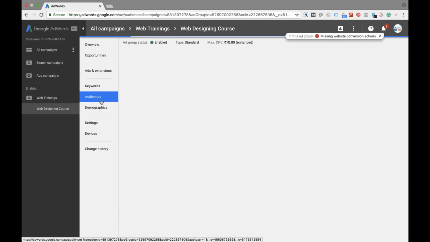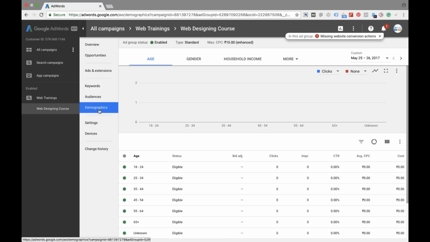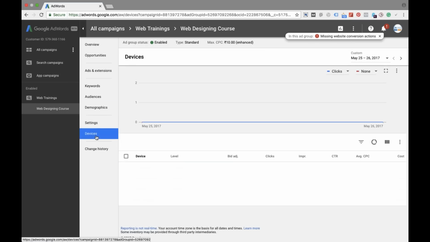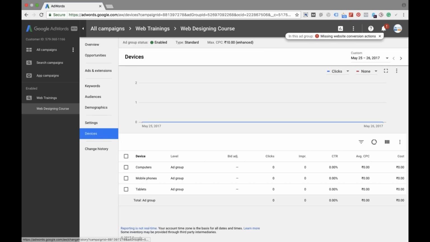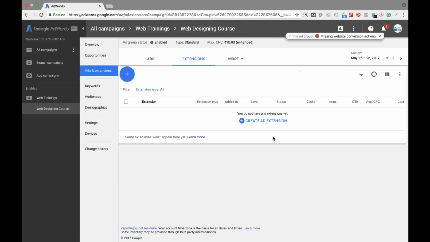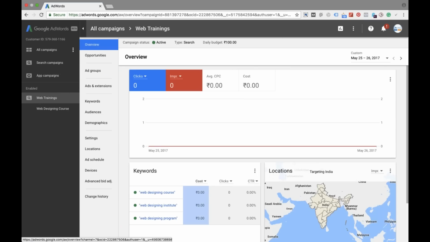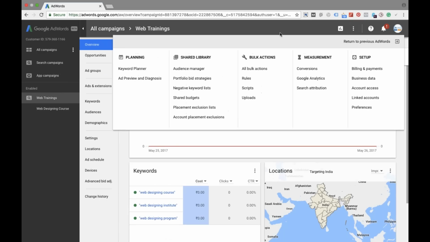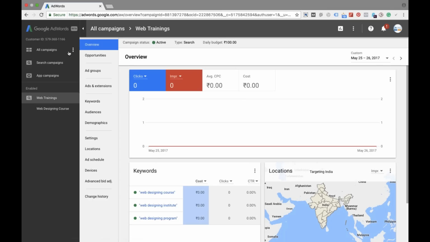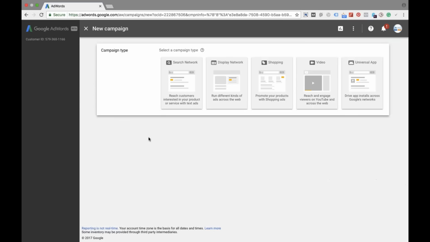And the audience tab as usual we have here to see who our audience and customers are. Demographics tab, great. Device customization. Yeah, device bid adjustment, we already had this in our previous design also. Ads and extensions. Extensions is just below. In short, the whole structure, which we have just gone through briefly, is almost everything as it is. The only thing Google did is make some main structural changes to the overall design of the adverts.